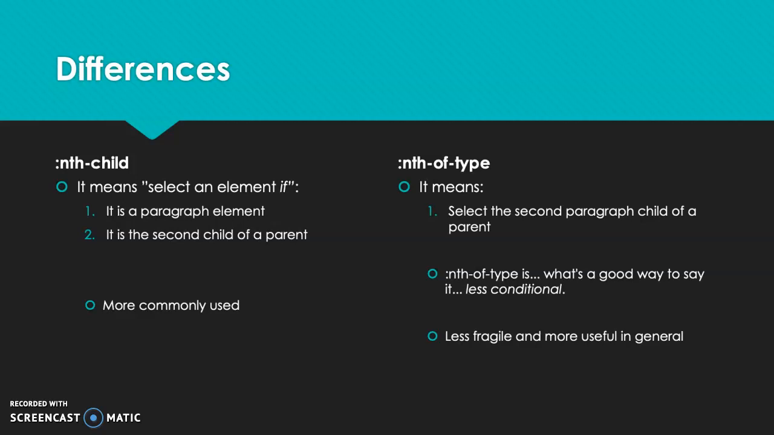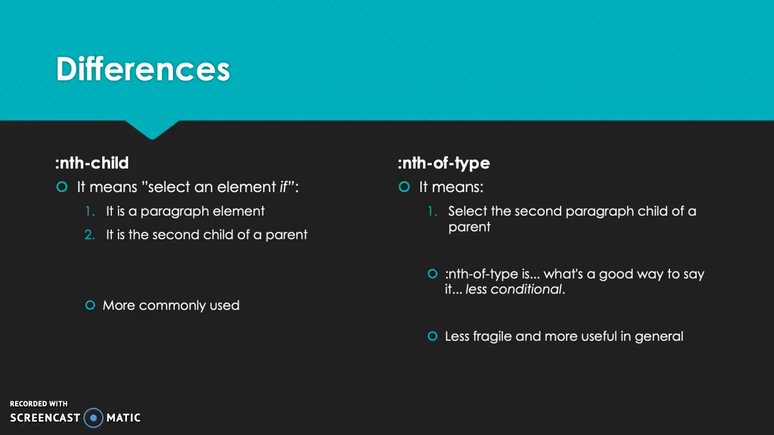As for the nth-of-type, it allows you to do more and to be more specific. So nth-of-type means select the second paragraph child of a parent. It's less conditional, less fragile, and more useful in general. So now I'm going to